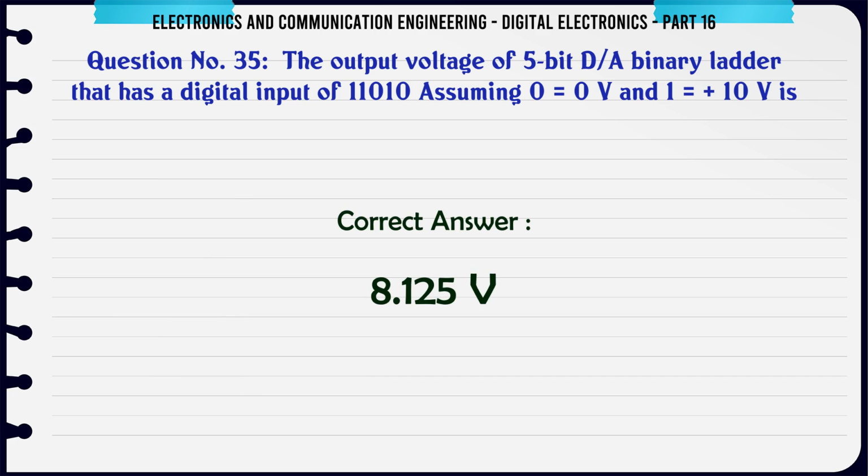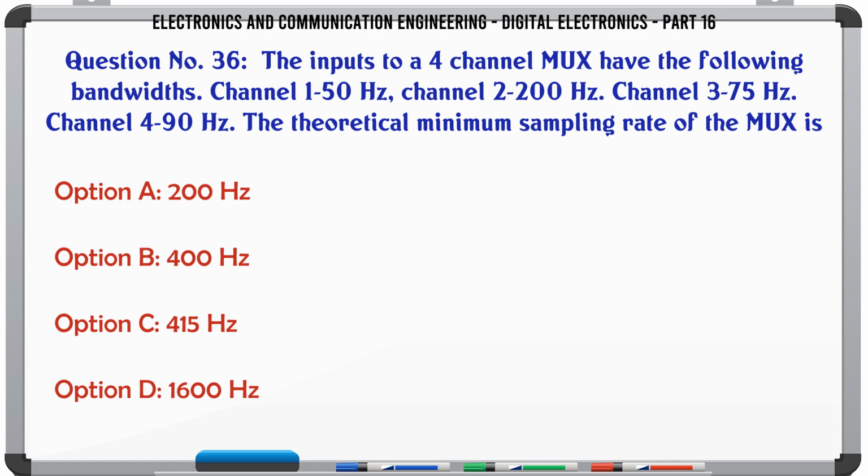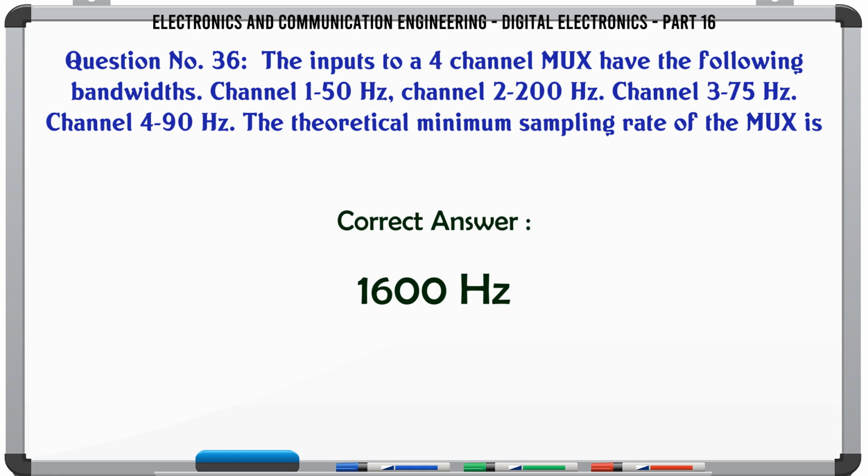8.125 V. The inputs to a 4-channel MUX have the following bandwidths: channel 1 150 Hz, channel 2 200 Hz, channel 3 75 Hz, channel 4 90 Hz. The theoretical minimum sampling rate of the MUX is A. 200 Hz, B. 400 Hz, C. 415 Hz, D. 1600 Hz. The correct answer is